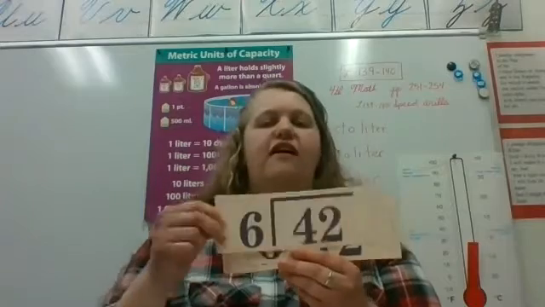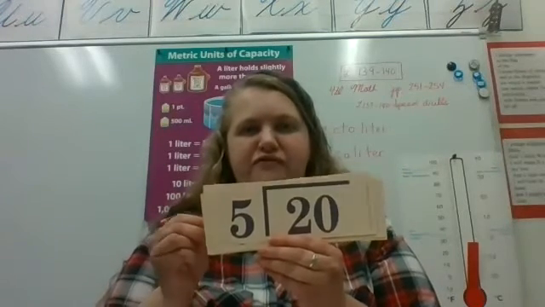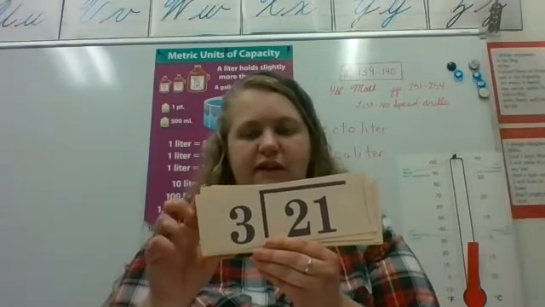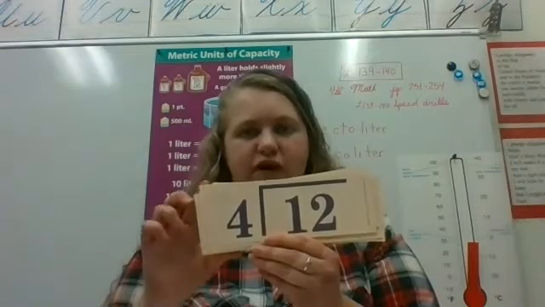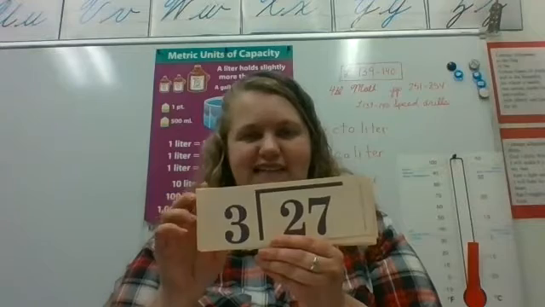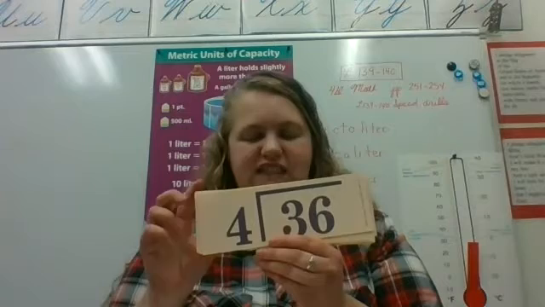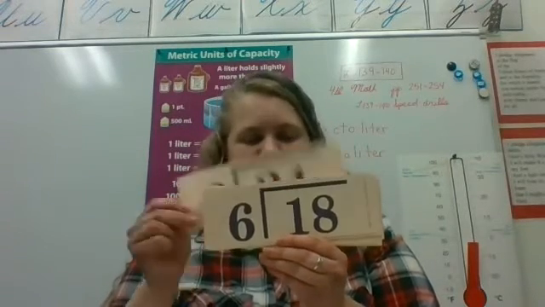All right, some division. 42 divided by 6, 7. 48 divided by 6 would be 8. 25 divided by 5, 5. 20 divided by 5, 4. 48 divided by 4, that would be 12. 21 divided by 3 is 7, 12 divided by 4 is 3, 27 divided by 3 is 9, 24 divided by 3 is 8, 36 divided by 4 is 9, 18 divided by 6, 3, 24 divided by 6,